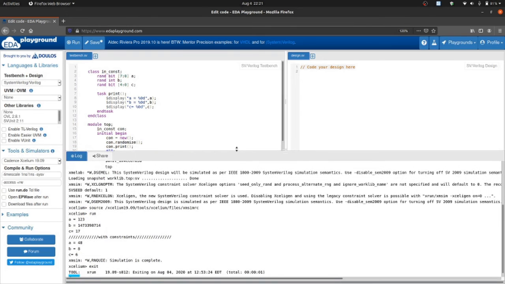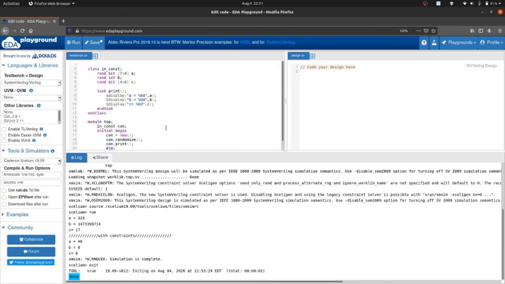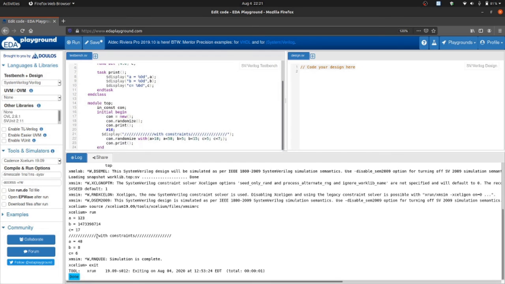As we can see here, the values are coming freely, 1 2 3, after that this, after that 17, but here with constraints it follows the limit.